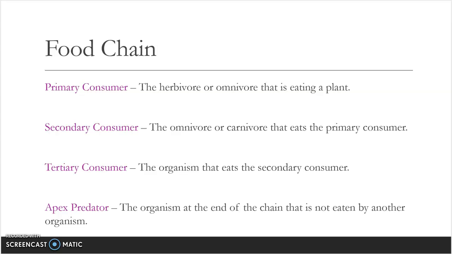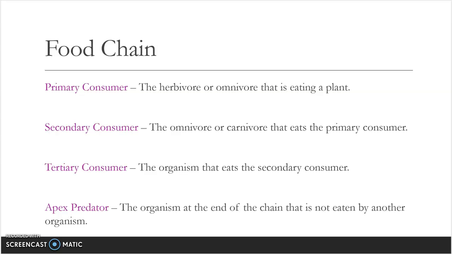Okay, so these are going to be our omnivores, because if we were to expand out, our secondary consumers sometimes are our primary consumers too. But a secondary consumer can also be a carnivore. So it just depends. I can't say, yes, secondary consumers are always carnivores, because that's not a true statement. We don't see that in nature as the only option. So our secondary consumers, you're going to be looking at the omnivore or a carnivore. But these are the organisms that are consuming or eating our primary consumer. Okay, our primary consumer.